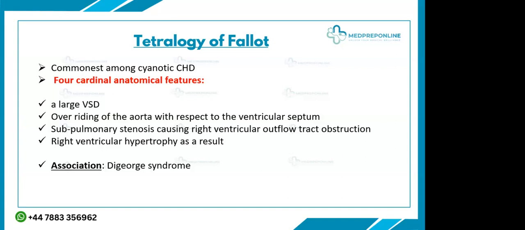Okay, and there are the four cardinal anatomical features: a large VSD, overriding of the aorta with respect to the ventricular septum. Then there will be pulmonary stenosis causing the right ventricular outflow obstruction, and then there will be right ventricular